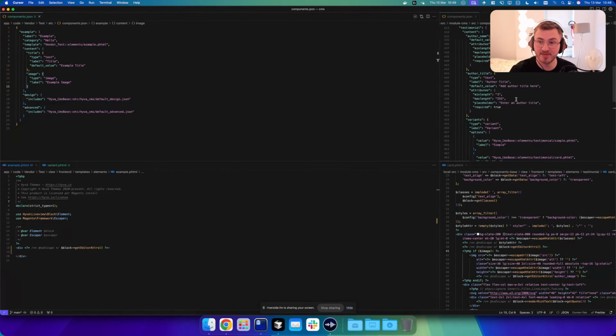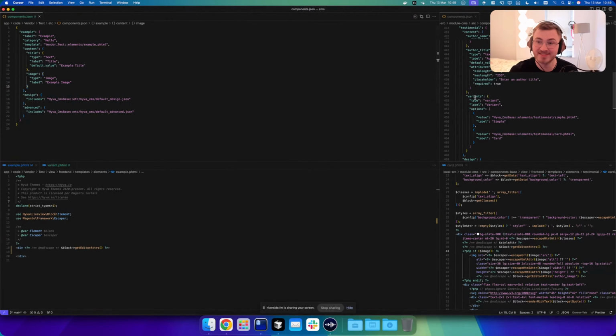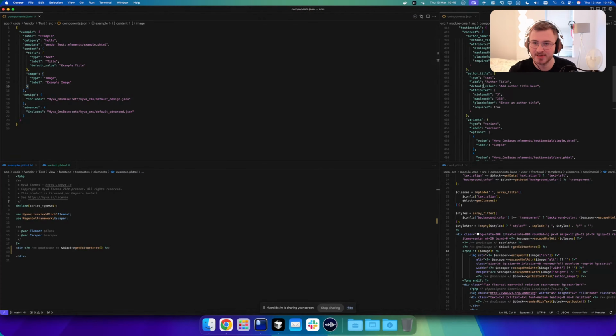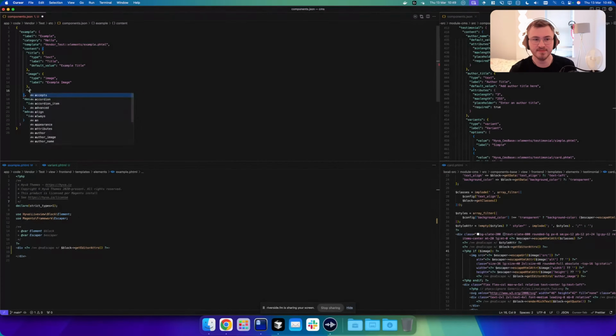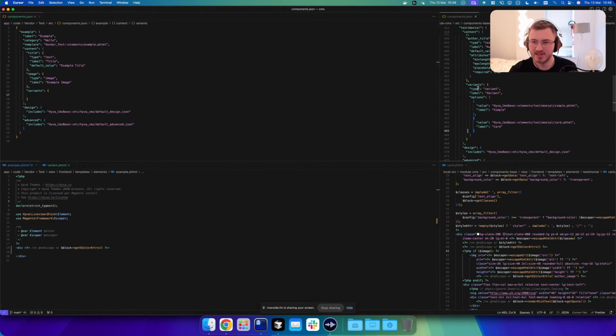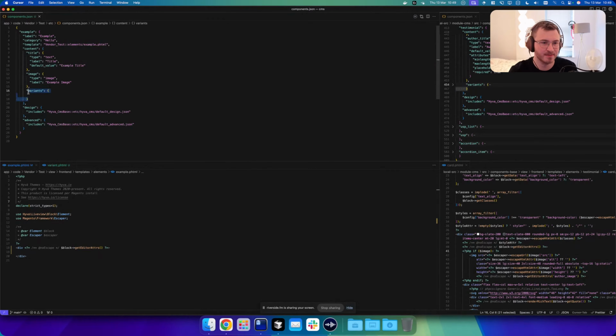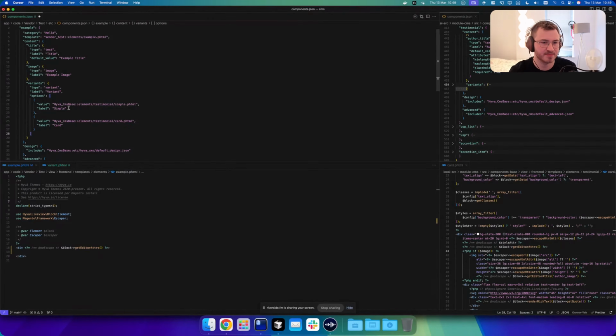And one last thing that I'm actually going to add before I forget is the variants option. I've also pre-prepared this as well. So variants is inside of content. And inside variants, we could probably just copy the entire thing. So let's just copy that, paste it in, and change the paths.